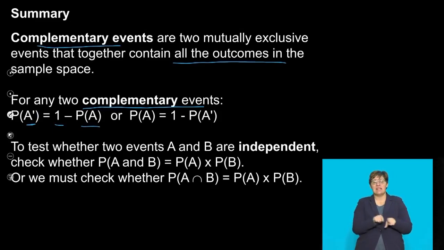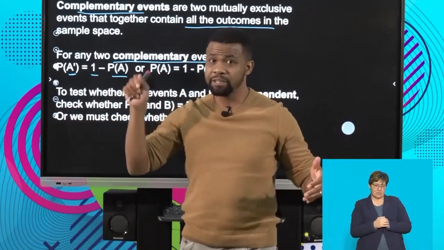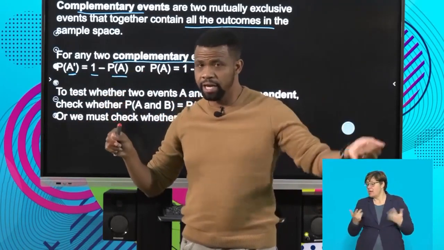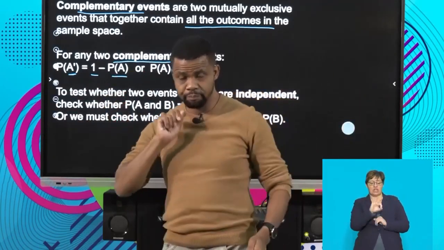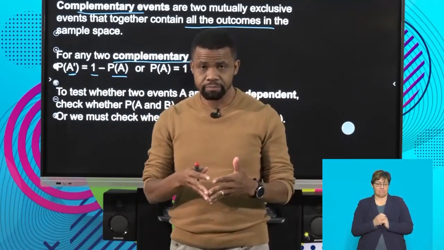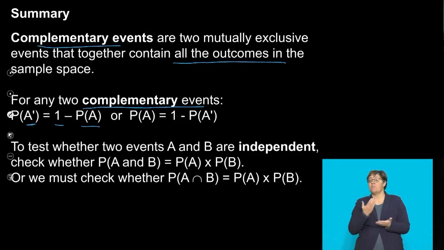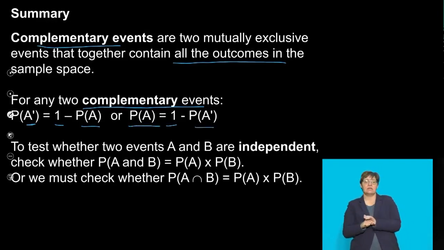The same example as rain and not raining. Okay? 1 would be like the 100% minus the 30%. If the probability it will rain is 30%, what is the probability it won't rain? 100% minus 30, which is 70%. Okay. Are we together? So now, the probability of A is also 1 minus the probability of not A. Are we all together?